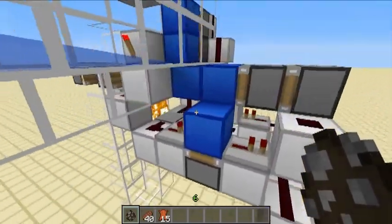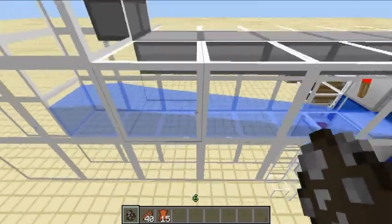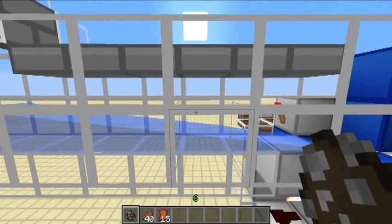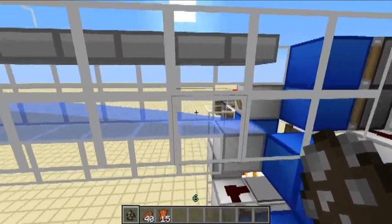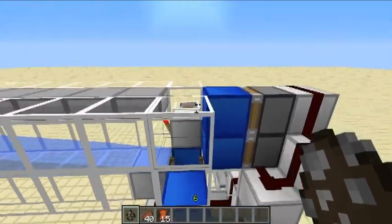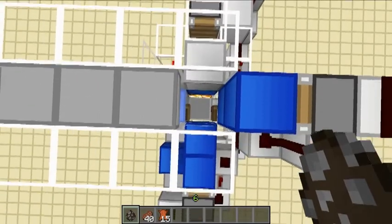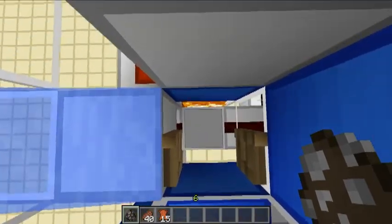Right, so what's happening is the cows flow along this water stream, and this is 1.5 blocks tall, which just fits the cows, so they don't jump around much and they're quite controlled and docile by the time they get to the end here. Then they fall down onto a...